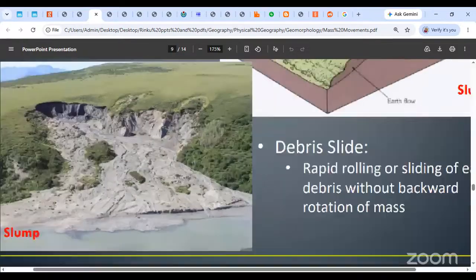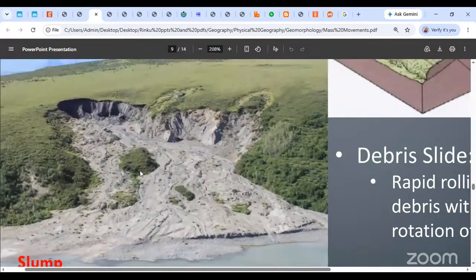Okay, see, this is what a slump looks like in real life. Can you see the scarp over here, where the material used to be earlier? Can you see that? And now that the material has shifted forward, can you see the bulge over here? वो bulge आपको नजर नहीं आ रहा है क्या? ये जितना clearly मुझको आ रहा है, is the light shining on the board?